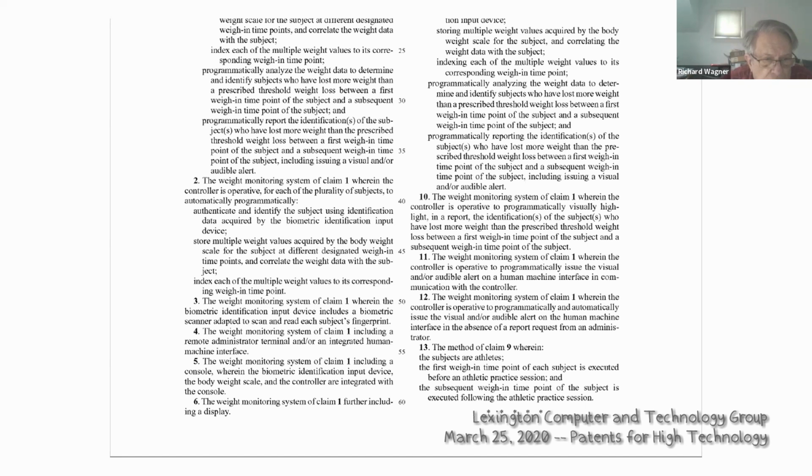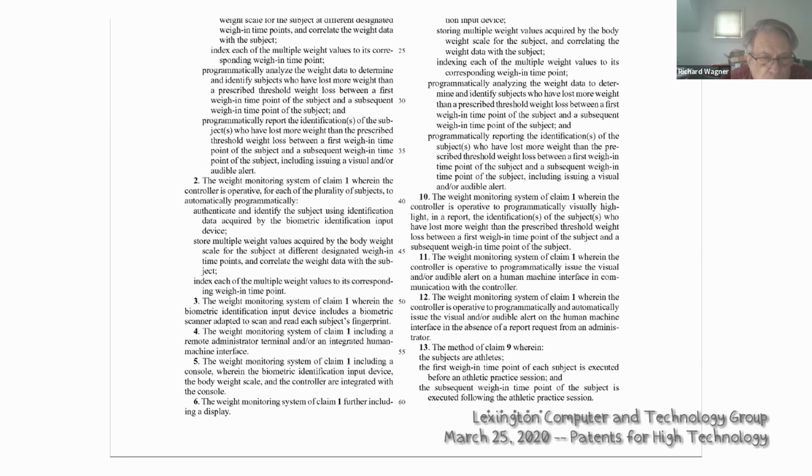And let me go to claim 2. Claim 2, which is halfway down on the left side, says the weight monitoring system of claim 1. What's happening in claim 2 is that this is a claim which is dependent upon claim 1. All the information that is in claim 1 is now being subsumed into claim 2, but now claim 2 goes